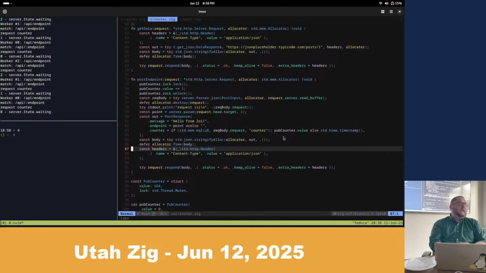Headers are essentially key value pairs. You are supposed to default to keep open true. So you're actually not supposed to close the request. You're supposed to listen again, which I am not doing. I'm responding in the headers saying that I'm not going to do that, which you can also do.